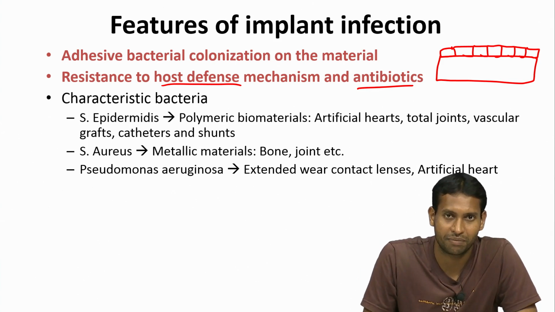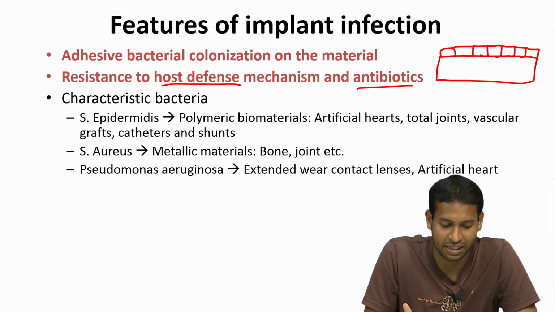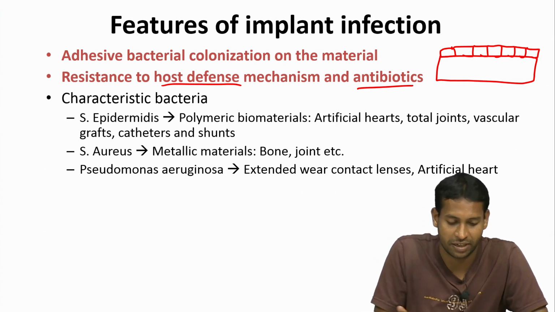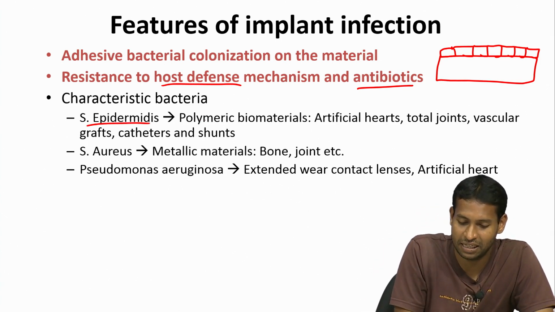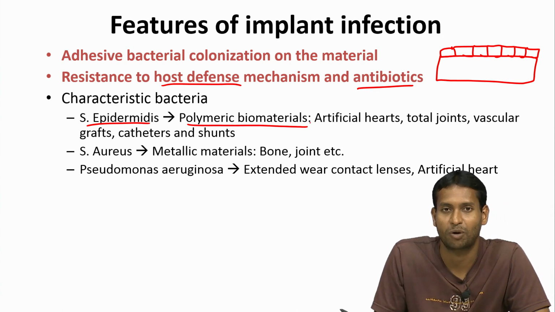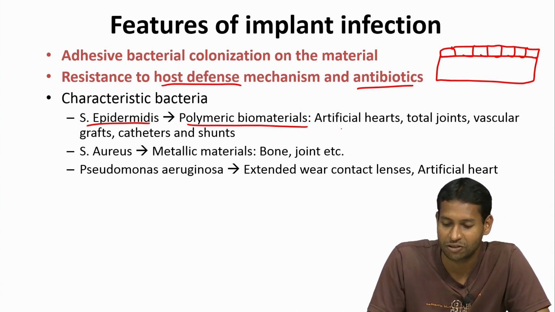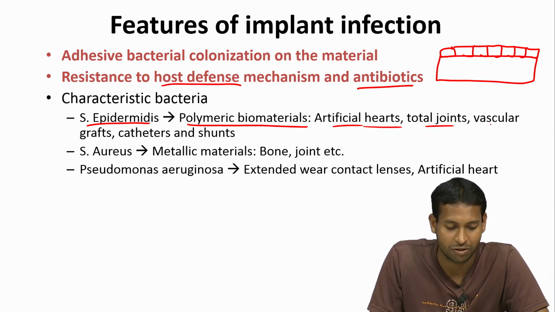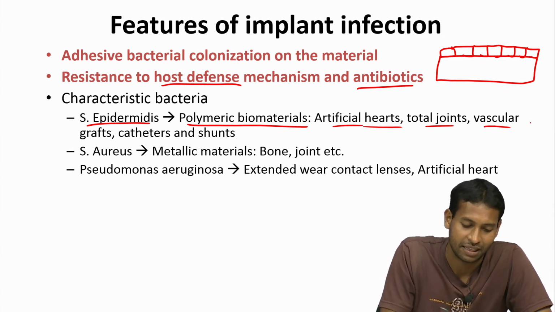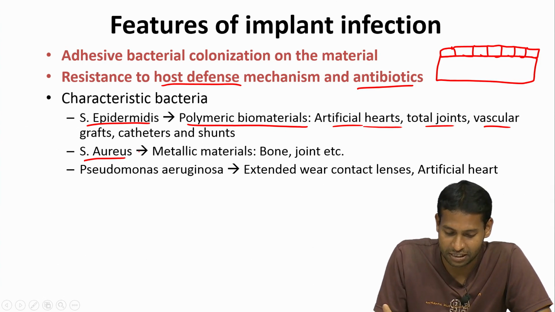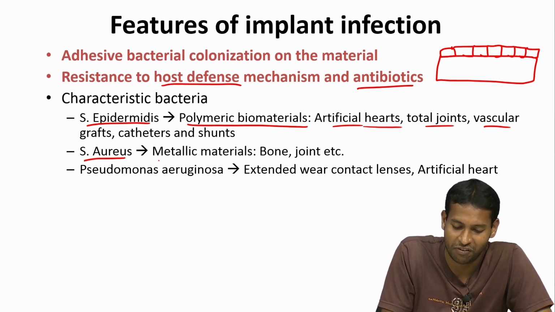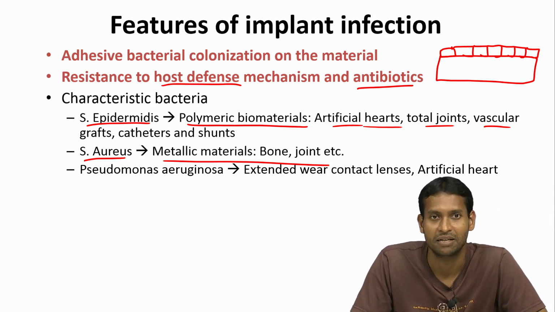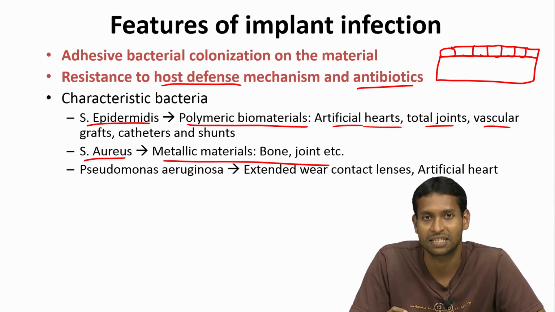And so again we briefly talked about it, but there are certain characteristic bacteria for certain types of implants. S. epidermidis, typically you will see quite a lot of polymeric implants getting infected. This could be artificial heart, this could be joints, this could be vascular graft and things like that. And then you have Staphylococcus aureus, which is very heavily found in any kind of metallic implants. It can also infect other implants, but this is just some of the predominance that is seen in terms of